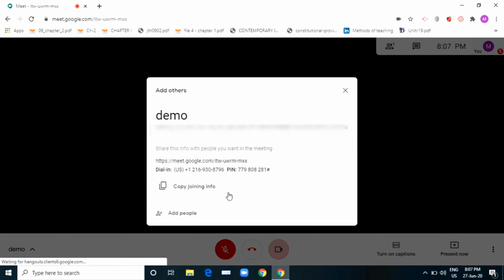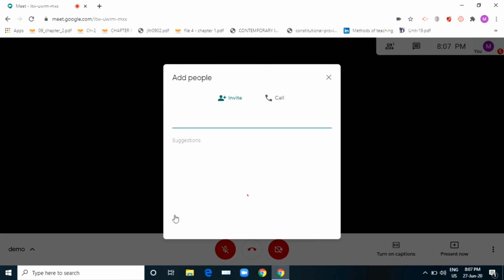Once you click on to join now, you get a dialog box like this. The meeting's name is here and it would ask you to add people. So you'll be adding people whom you want to invite. So here I shall write the name of the invitee, or you can type in the mail address.